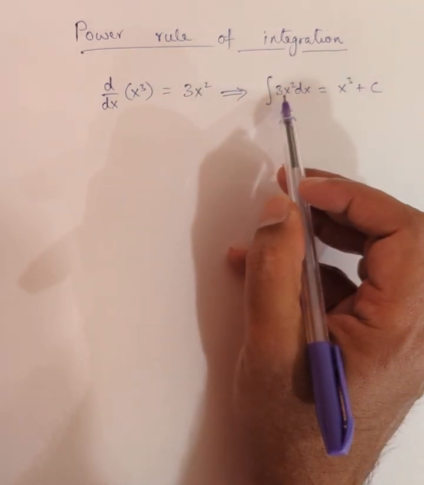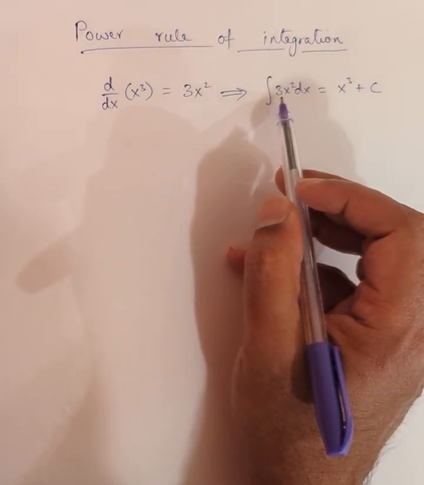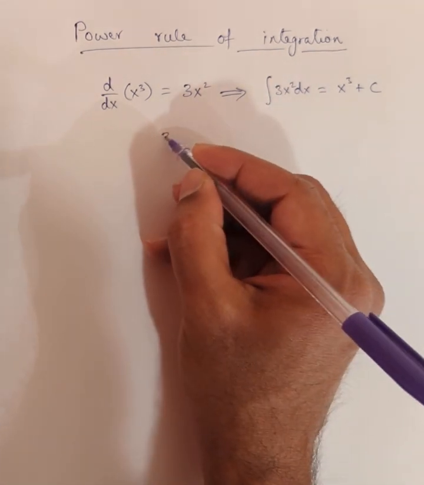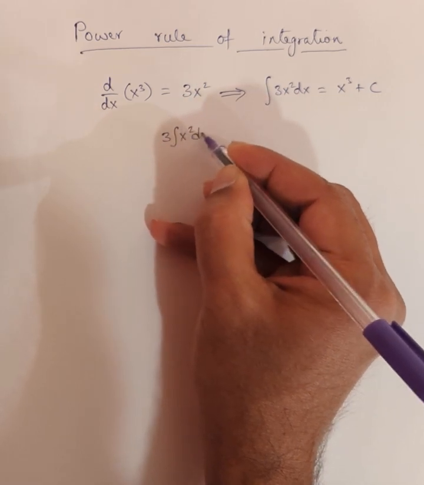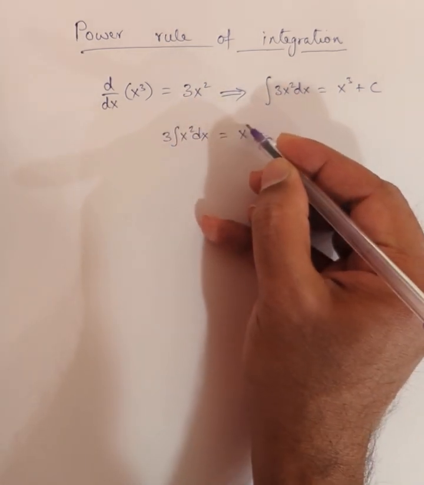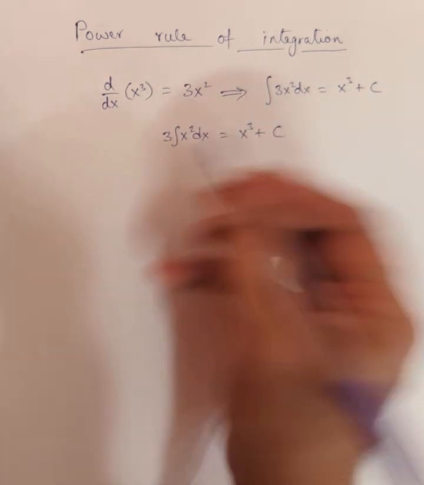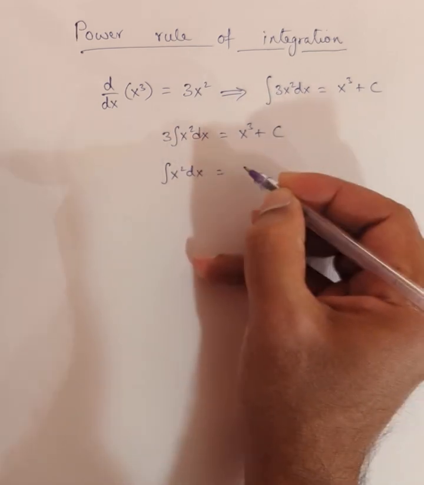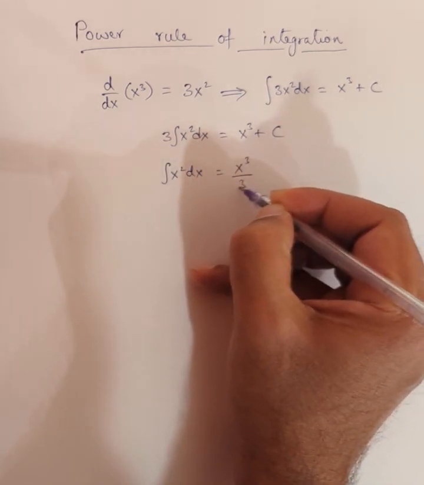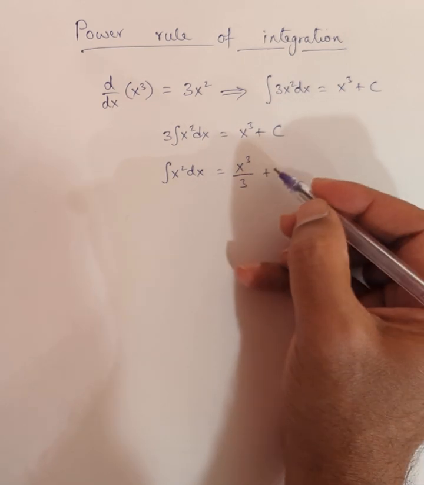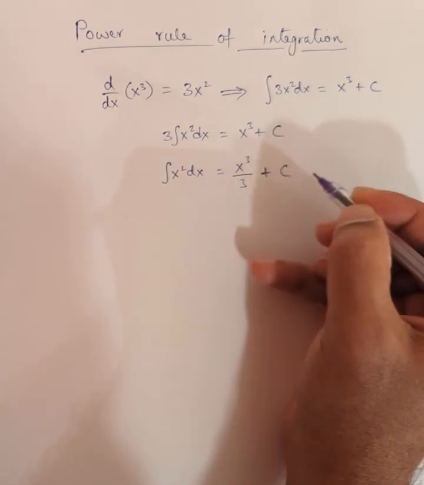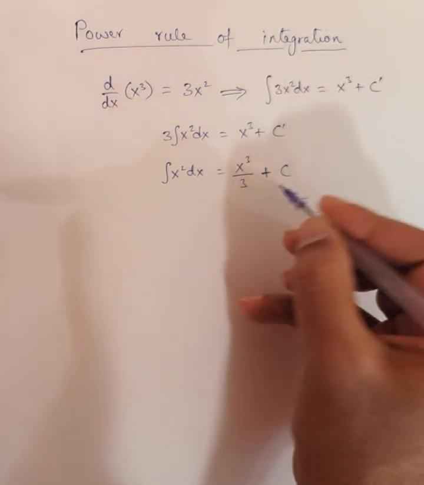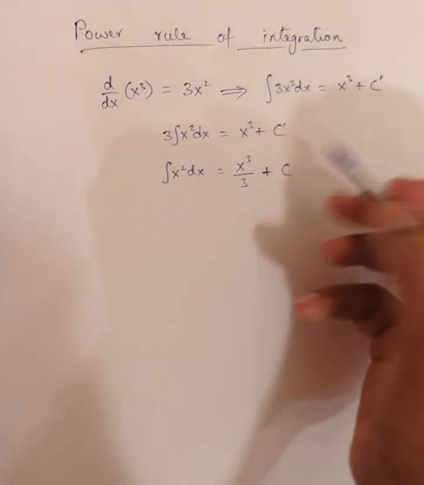Now, this 3 is a constant. It can be pulled out. So it tells me that 3 times the integral of x squared will be x cubed plus c. And then the integral of x squared would just be x cubed over 3 plus, well, I should divide the c by 3 as well. But the point is, I again get some constant. Maybe I could have used a different constant here, say c prime, and then finally c prime divided by 3